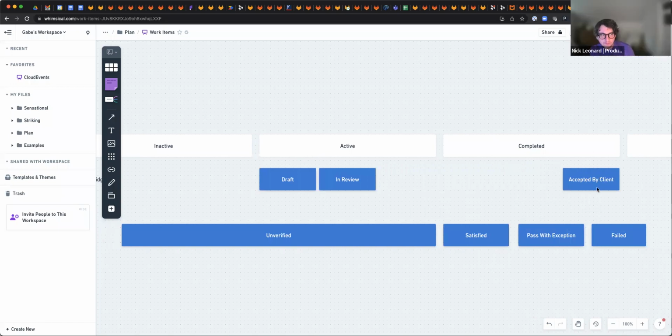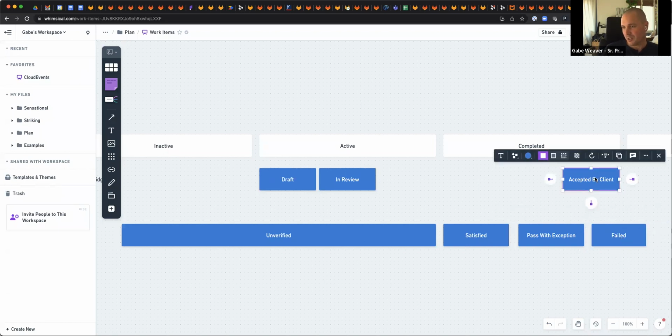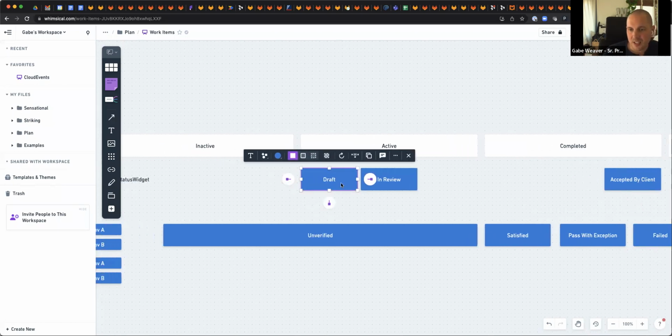The requirement is accepted by the client, which means it's completed and done. But even after it's been accepted by the client, it could fail at a future point in time if the code changes. At which point would you automatically move this? It would have to sort of kick it back into a new workflow, whatever the intake is for this